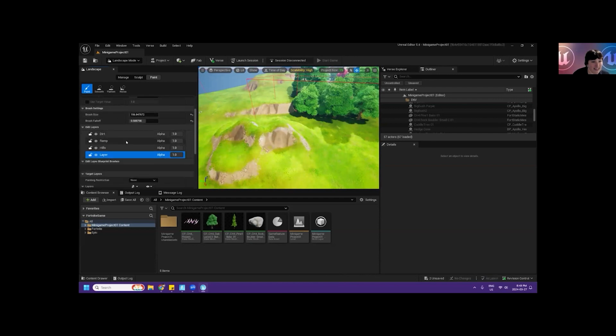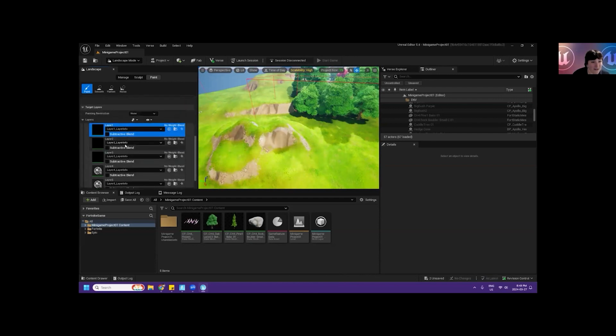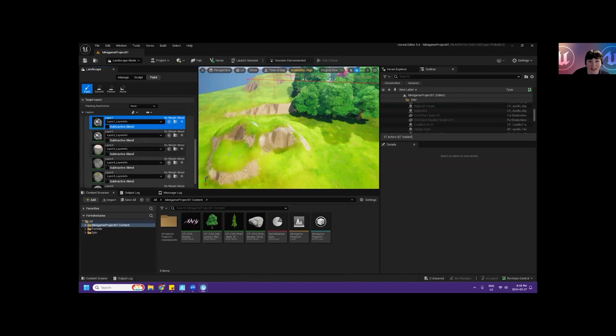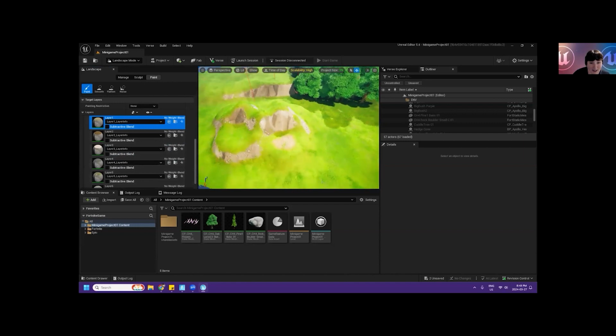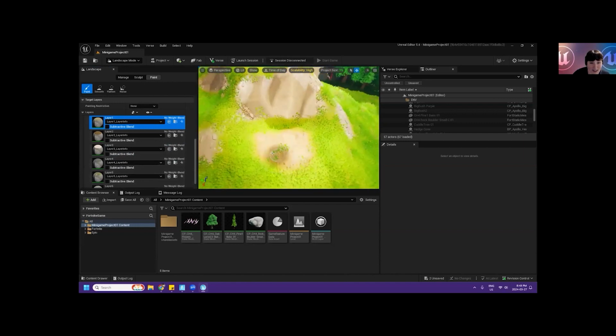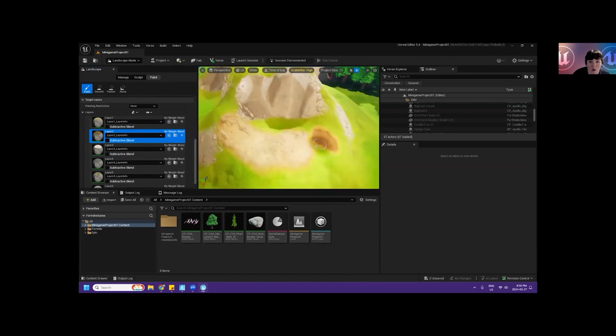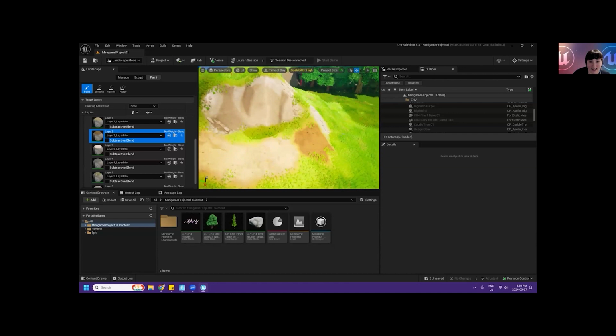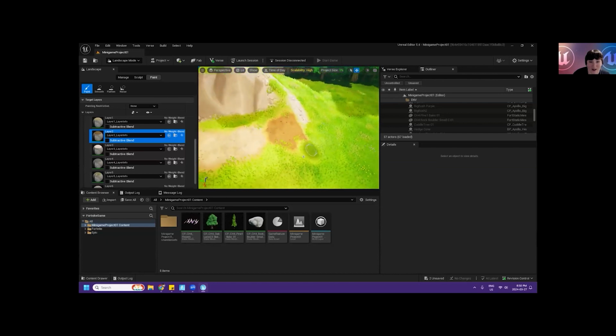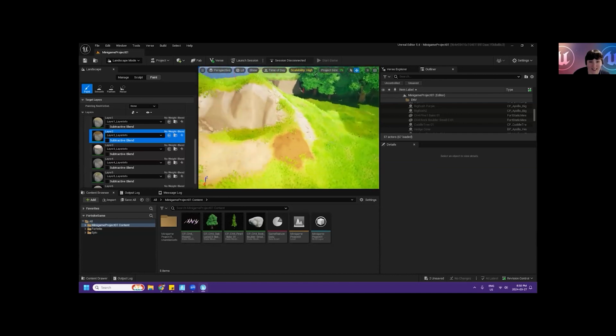And what's fantastic is there are all these different painting layers that we can use and start painting even more detail onto our landscape. For example, if I have this first layer selected and I start painting, we can see as I zoom in here, right, we're getting a totally different texture that we could just continue to add various variation in our landscape. And I just think that is so cool, so fantastic. And I love the stylized effect and how it works in with all the grass that is built in to